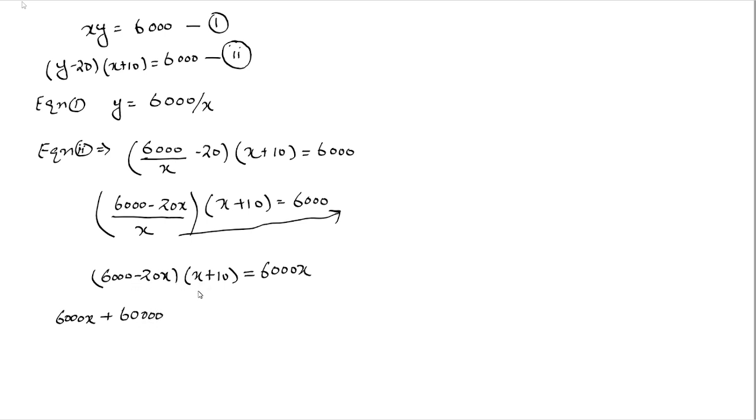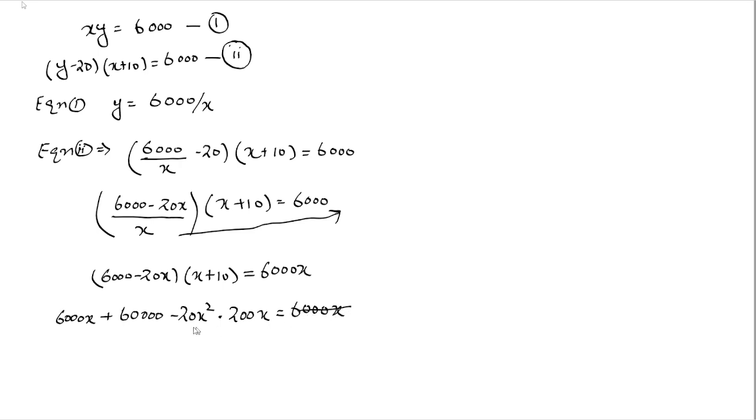Now minus 20x multiplied with x is minus 20x square, and minus 20x multiplied with 10 is minus 200x is equal to 6000